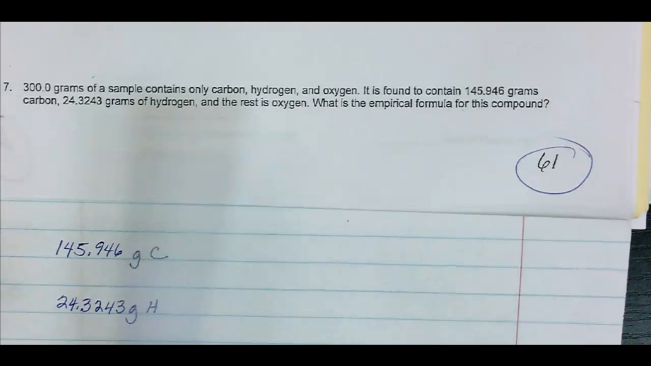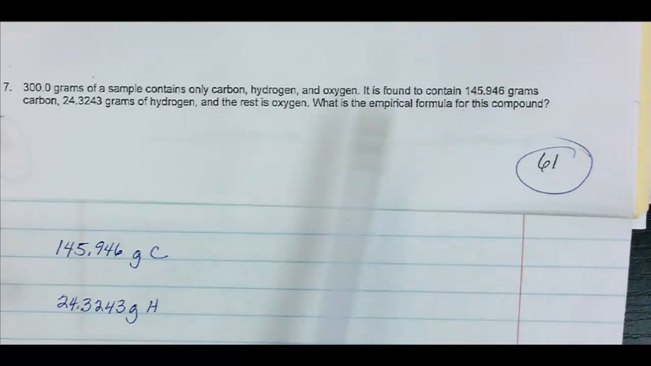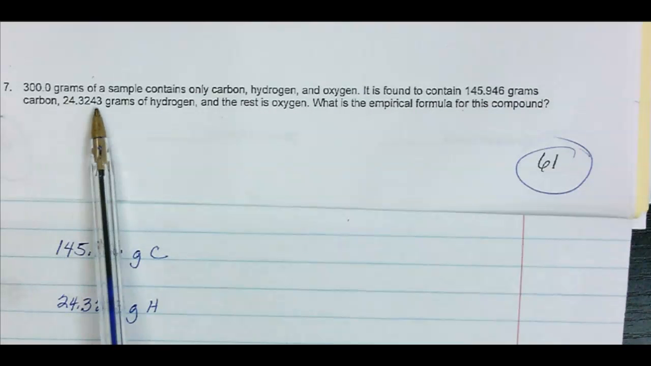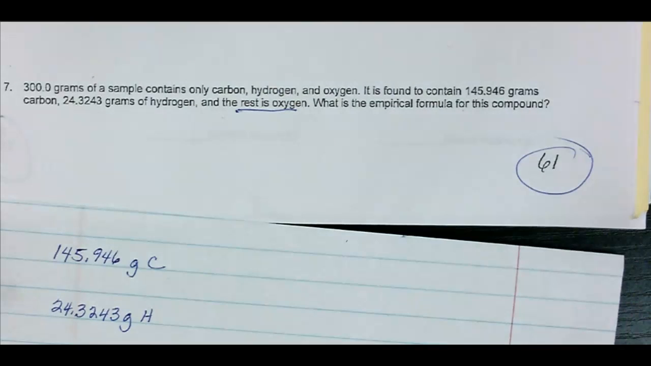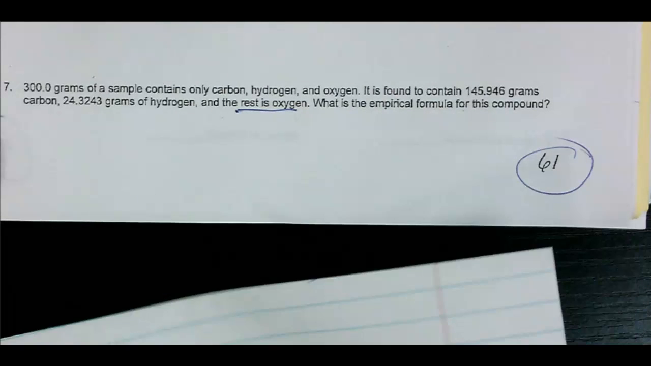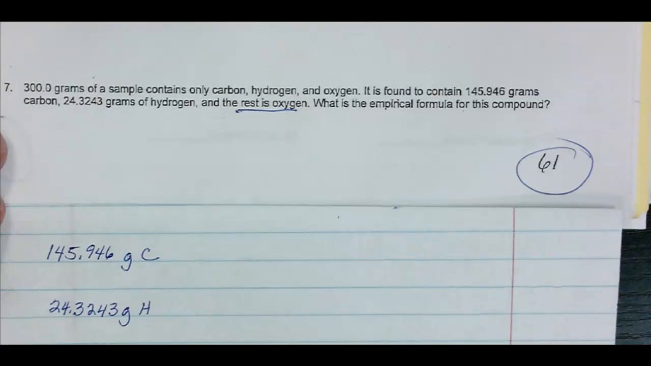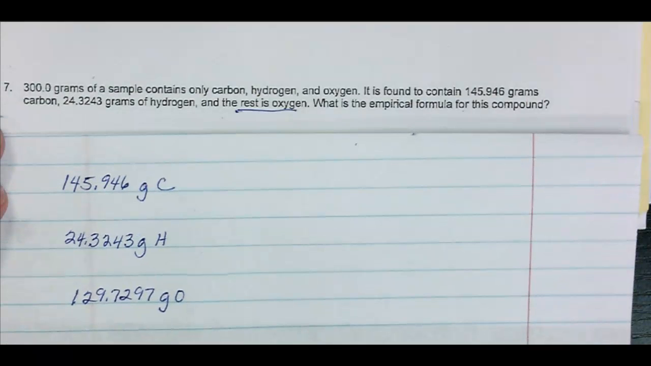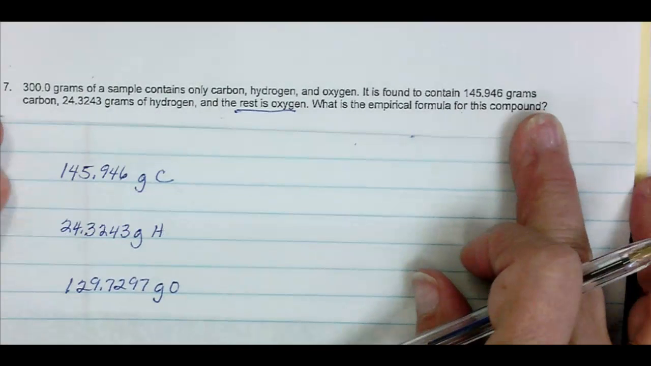It is still wanting the empirical formula, but it says you had a 300-gram sample and it contained carbon, hydrogen, and oxygen. It is found that 145.946 grams is carbon, 24.3243 grams is hydrogen, and the rest is oxygen. So I guess my question to you is, how would we figure out how much oxygen we have? Okay, so hopefully your answer was that you needed to add your carbon and your hydrogen and then subtract from 300 to get your oxygen. And so I've done that, and my answer would be